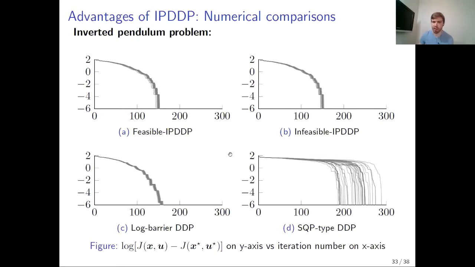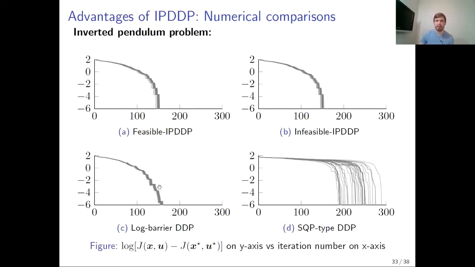How this influences the numerical performance of different algorithms is provided in the following figure. Let's consider the first 2 methods, which are the methods we propose. They have almost the same results. This is because the constraints are satisfied for the initial guess, so there is no point to use infeasible IPDDP at all. The log barrier method, which is a primal DDP method with a log barrier function in the objective